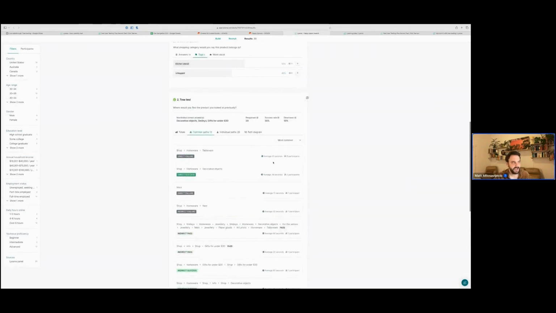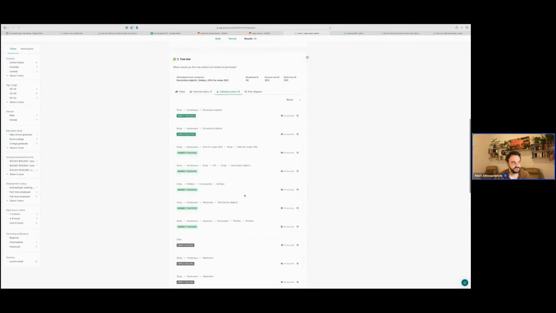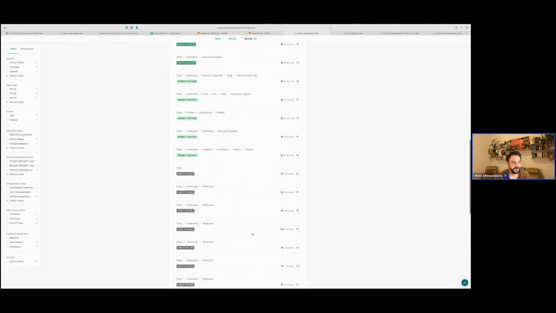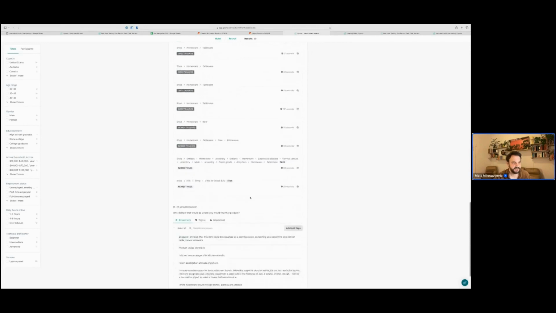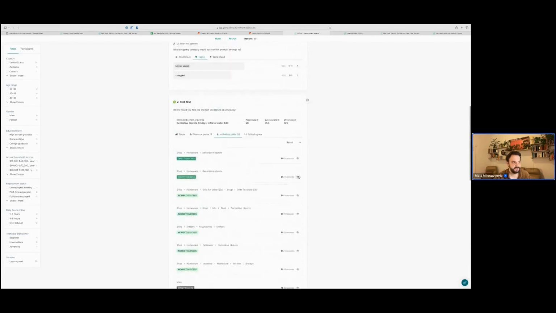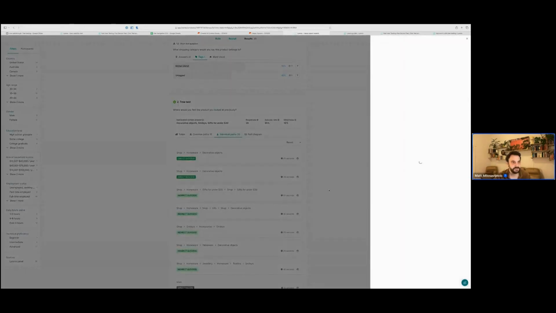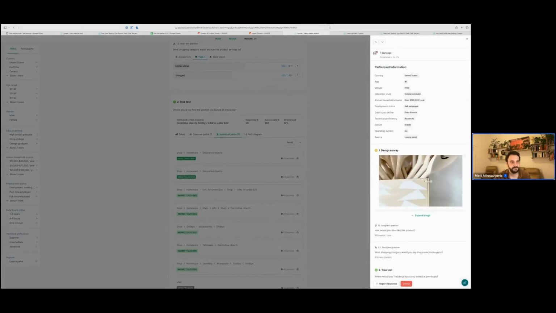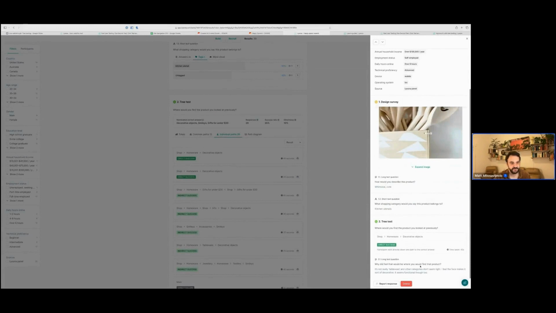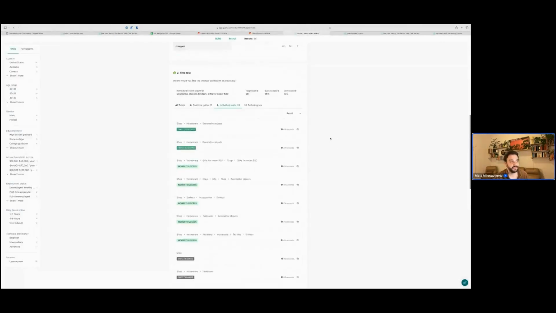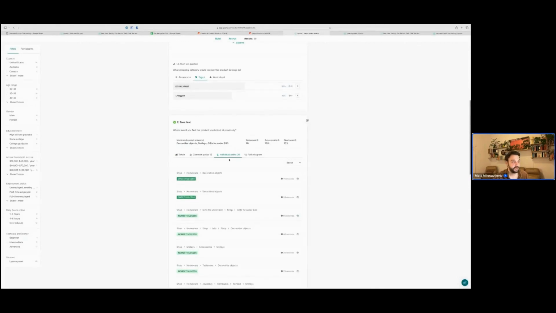So the most common paths were these two up top, but we can also see the individual breakdown. So these are the specific paths for all the different individuals. And if you're interested in diving into a particular participant, you can see some demographics about them, their responses to the different questions, and the path that they took. Before we move on to the more important thing, I do want to